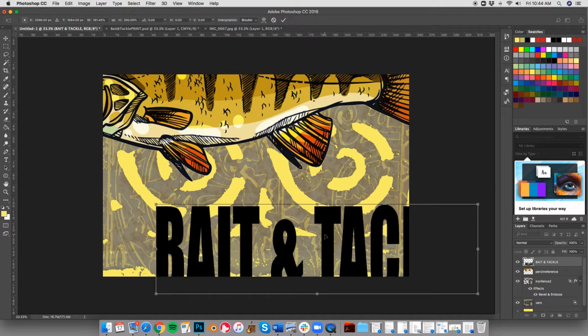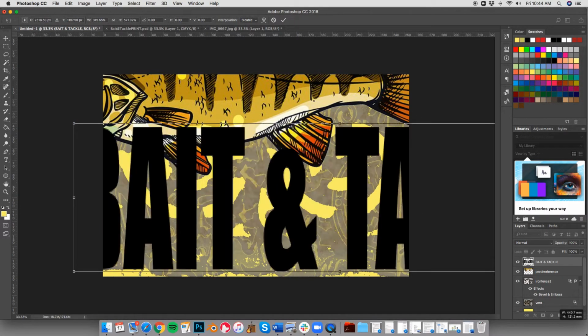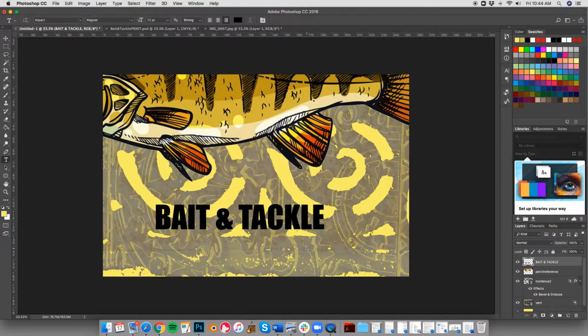So that's one way we could get our T, ampersand, and T. What you'll notice, though, is that if we do this and we make this really big, we're going to start to get a pixelated line, which smooths out a little bit, probably because of the way I've got my resolution set on this file, but it can make it pixelated if you scale this up too big. So we might go to that, but if we step back further, so now we have a text layer again,